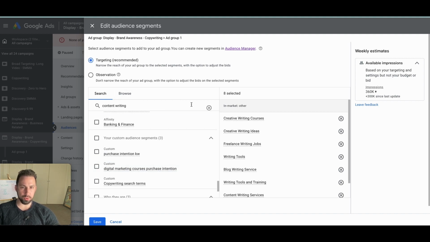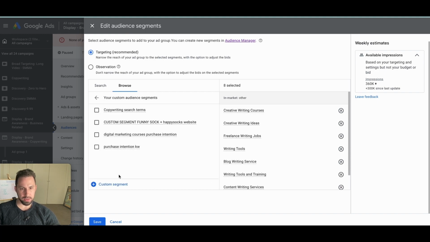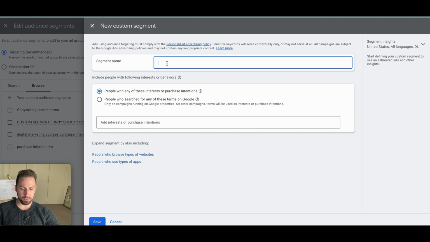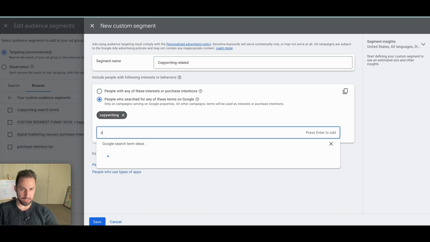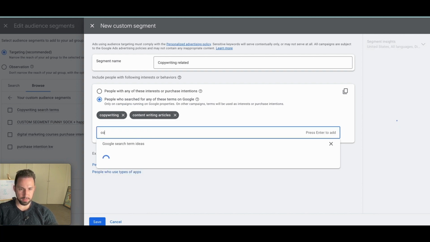And we also can create, maybe to increase this a little bit, go to custom segments, and we can create some custom segments here. So copywriting related, not purchase intentions, but people who searched for it this time, because this is a brand awareness. Copywriting, content writing, content writing articles, copywriting, content writing,